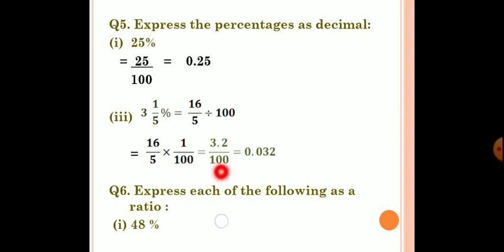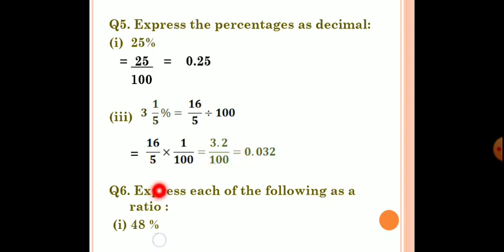Now if I divide this 3.2 by 100, here we have 2 zeros in the denominator. So let us take this decimal 2 digits ahead from where it is now. From the right hand side we will shift it to the left hand side. So from this point we will shift 1 and 2. Since there are no numbers in front of 3, we have to place a 0. Then we have to place the decimal before the 0. So we'll have the answer as 0.032. I hope you have understood this.